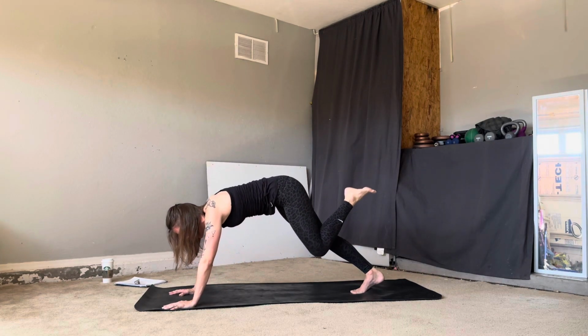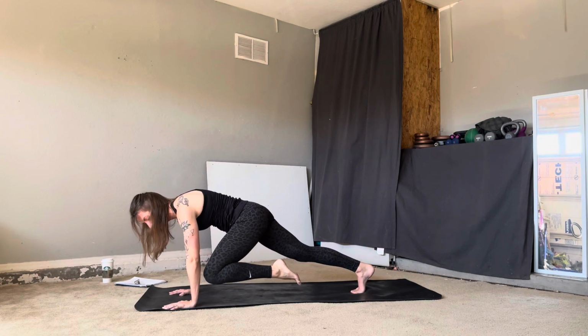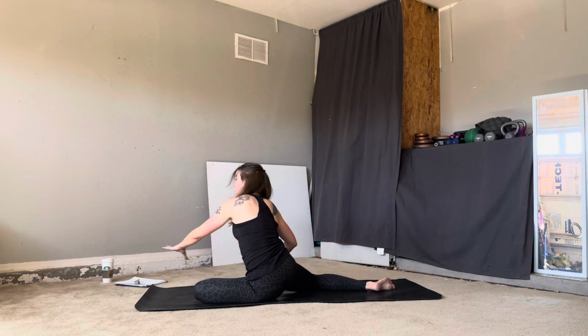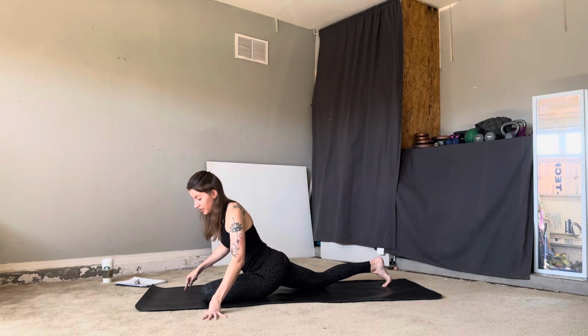We're going to shift forward, coming into a pigeon pose, Eka Pada Rajakapotasana. So either knee behind the wrist or right in between. If pigeon's uncomfortable for you, you can bend your back leg. So we're in kind of a long 90-90. So something less than 90, something more than 90 at the back. You do you. If you need more intensity, you can bring this front shin more toward parallel with the top